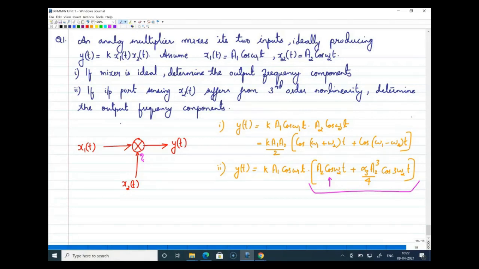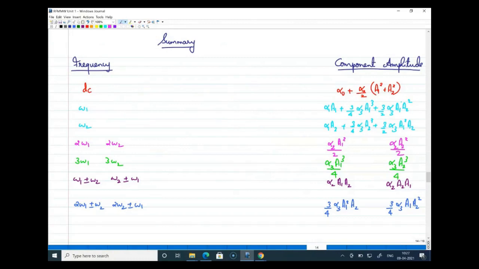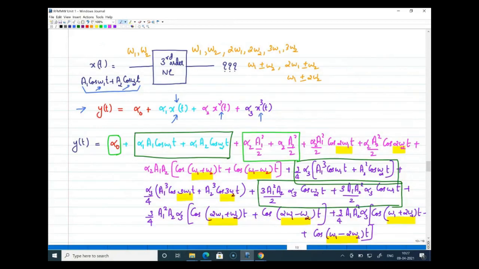Like in the example which you solved before, you classified the frequencies, right? Yeah, there we added both the frequency components, like x of t was a1 cos omega 1t plus a2 cos omega 2t, right? Yes. But here now we are giving the input function as something else. So what you can do is you write a cos omega t and take the whole cube.